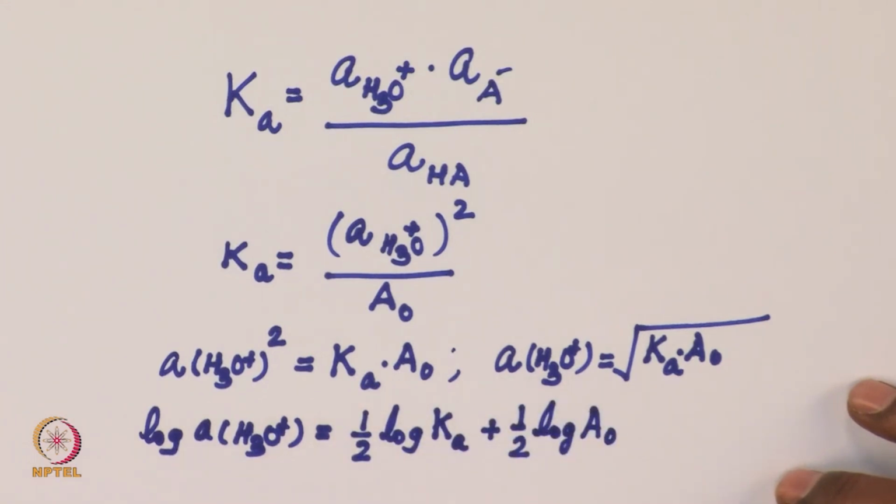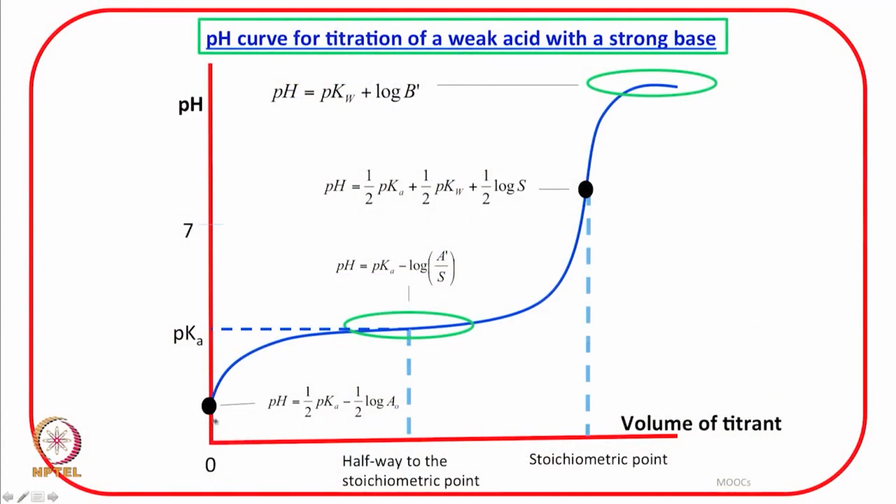And the next step will be, you take a negative sign on both sides, you multiply by -1, convert this to pH, convert this to pK, and this remains then as -1/2 log A0. And that is what, if we look at the figure now, initially is the equation: pH is equal to half pKa minus half log A0. pH is given by this expression,